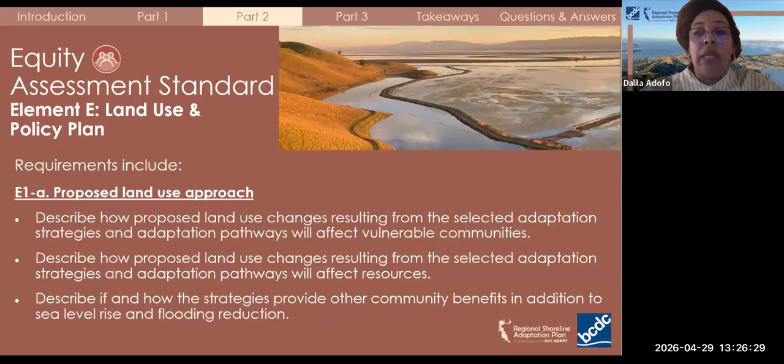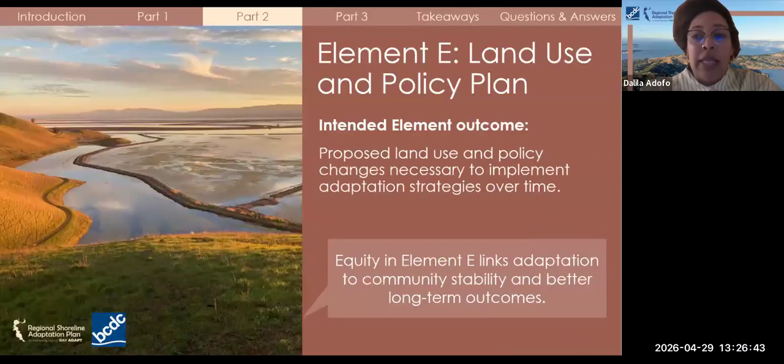It also means considering community benefits beyond flood risk reduction, such as improved access to resources, amenities, and other positive outcomes. Centering equity in this element can reduce displacement risk and improve access to resources over time, and that in turn will support community well-being, strengthen community stability, and improve long-term outcomes for everybody.